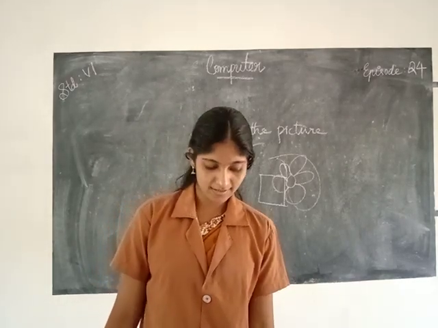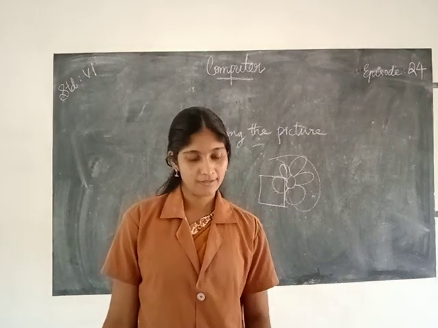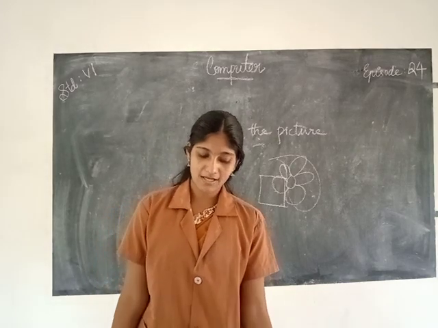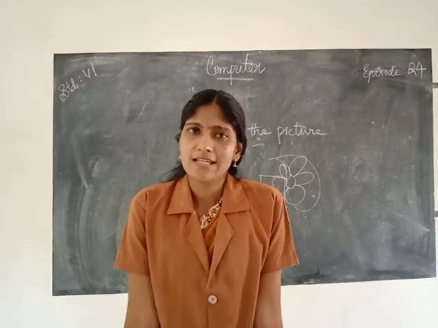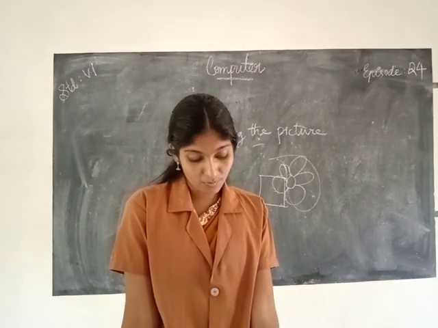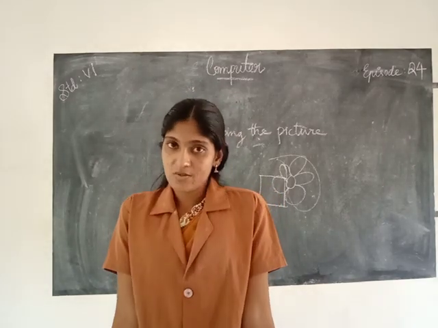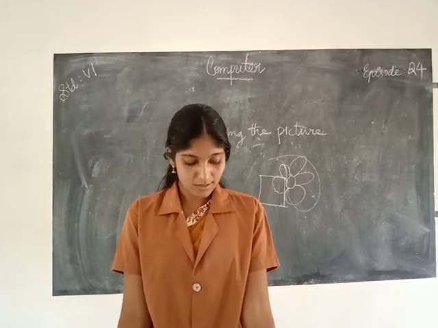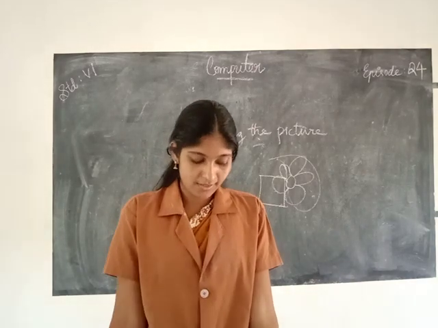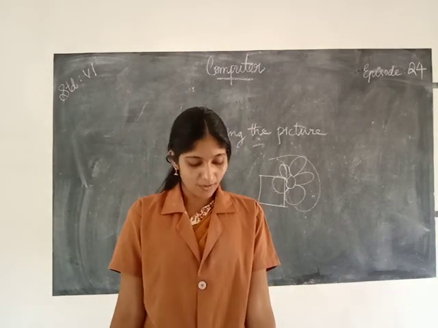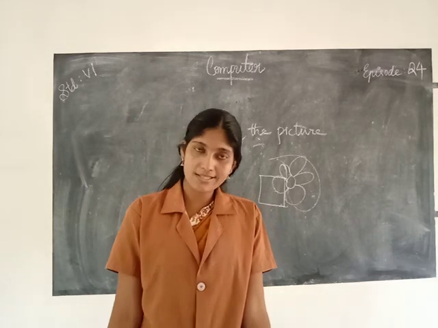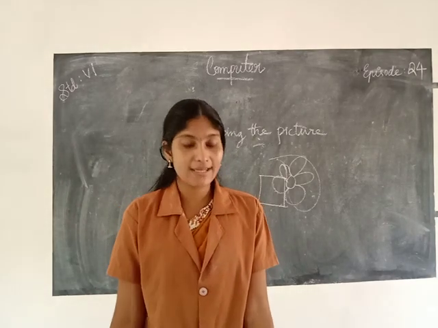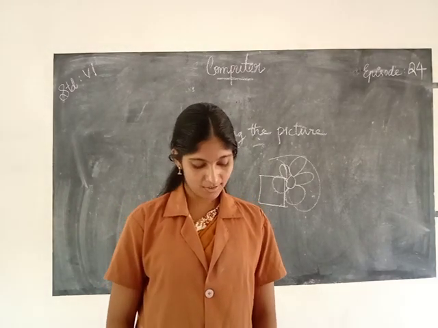Then undo your actions. How to undo the actions you have done? Many times the result of the effect which you apply to the image will be unexpected. Sometimes it happens to be beautiful or attractive. Otherwise, sometimes it fails. So, how to do the undo action? Open the window menu and click on the history option. Then the history palette will open. You will see the various stages through which your image passed to reach the current status. So click any stage to bring the image back to that stage.